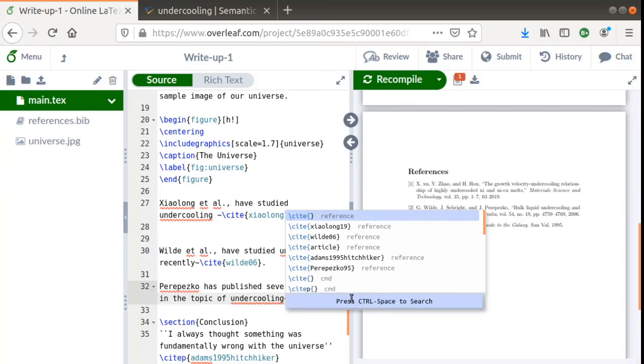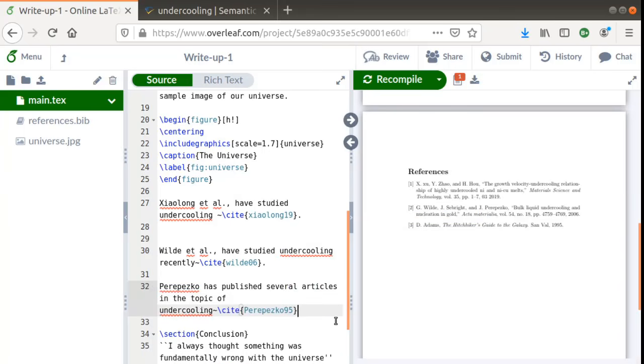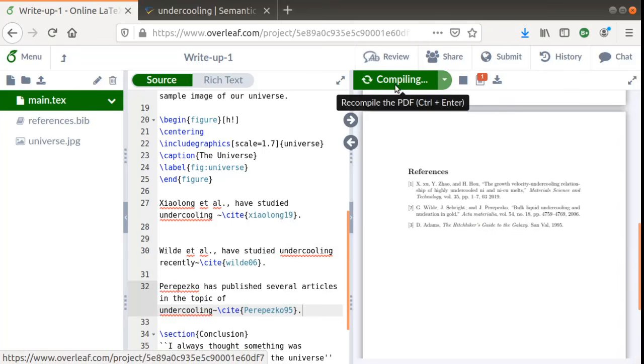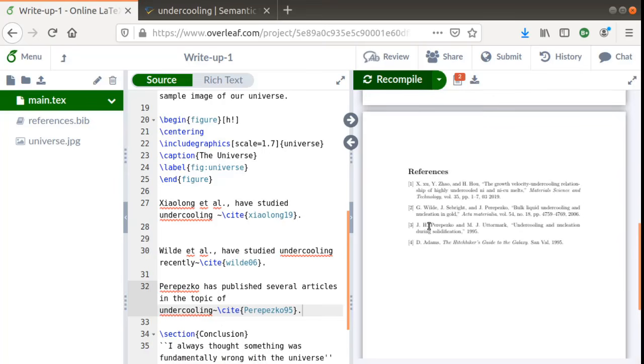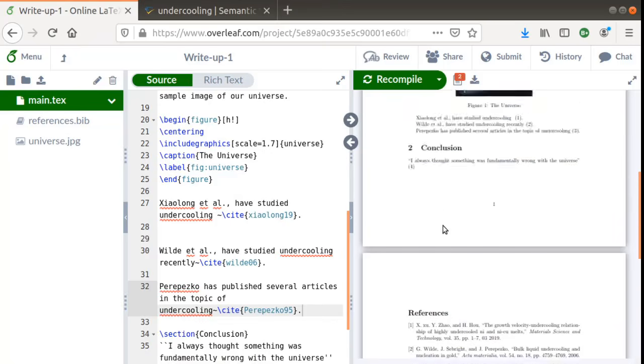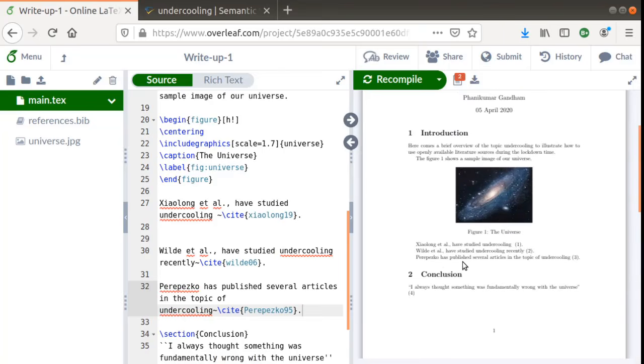Okay, and we pick up the item corresponding to that particular article and press enter, and it's included. And when we compile it, you would see that this reference information has been entered automatically, and the number corresponding to the article is 3. So there's a third reference that we have included in the text.